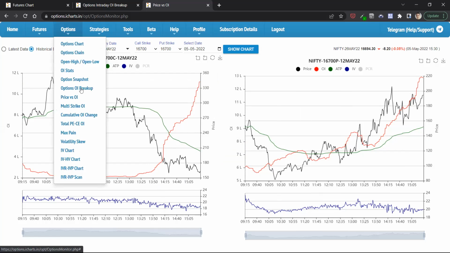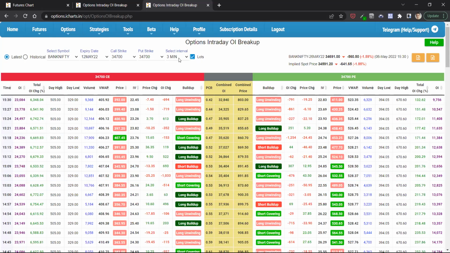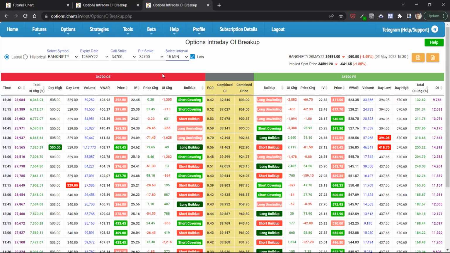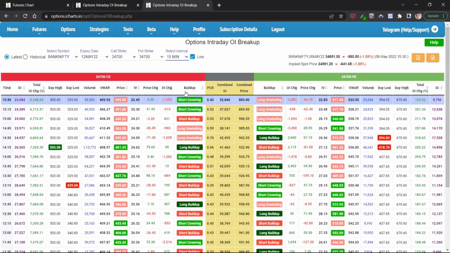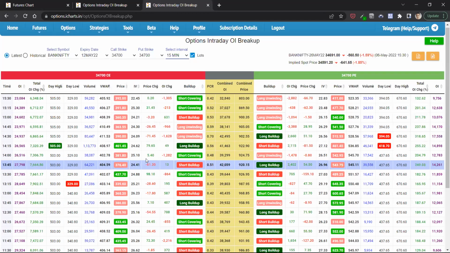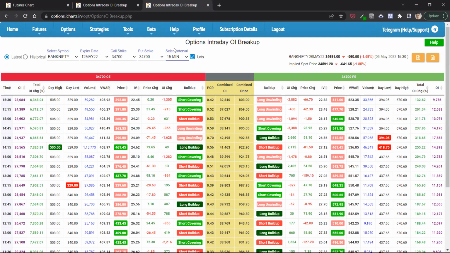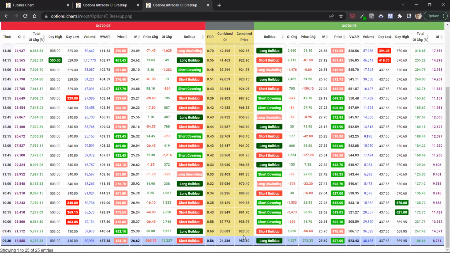Options OI breakup is when you want to get into the low level details of what is happening with the OI buildup at a particular strike. If you have selected a single strike over here, for example, I'm suggesting you go for a 15-minute time interval, so you get a clear idea of what is happening. And at 9:30, when